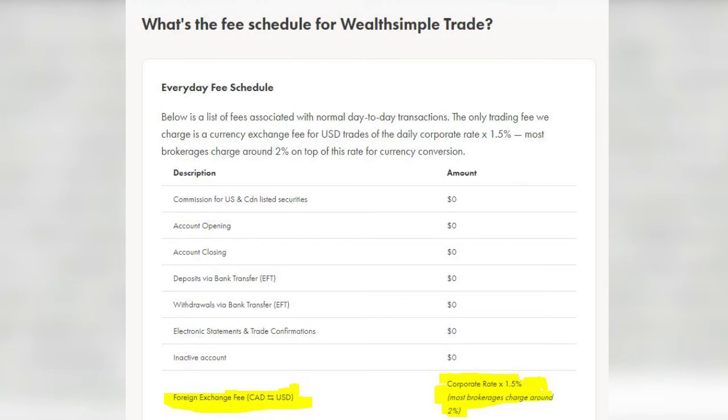So Wealthsimple charges you a conversion fee on US trades, but it doesn't charge you anything for Canadian trades. No commissions and no conversion fees because it's all Canadian dollars. So if there's zero fees on buying and selling Canadian stocks, does that make Wealthsimple better for trading Canadian stocks than the other brokers who do charge fees? To help you decide that for yourself, there's one other factor to consider here, which is the best execution policy that the broker uses. But I'll get to that later in this video.